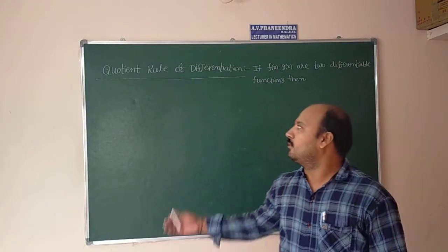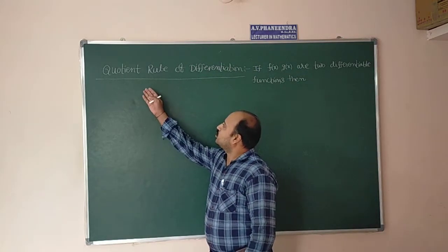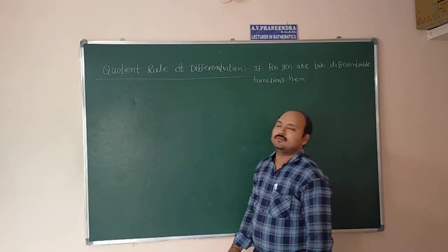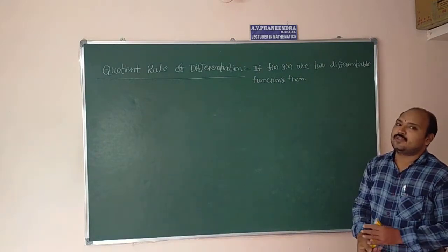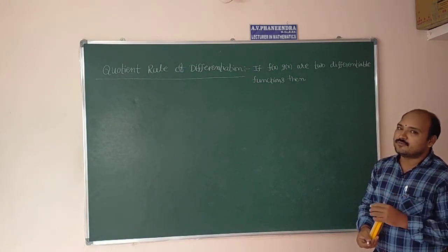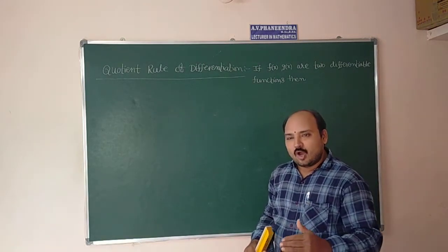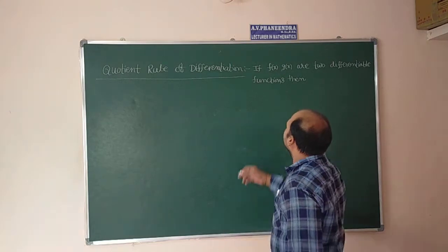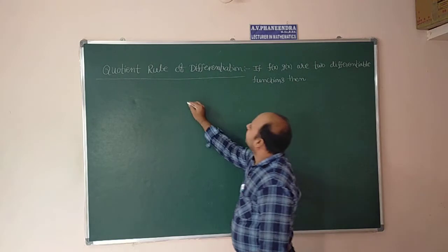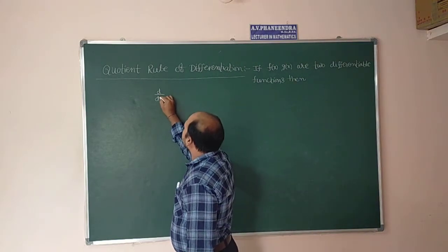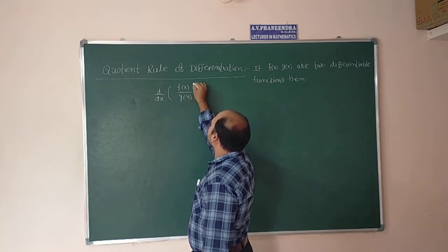The second formula, this is also very important, along with the product rule, is the quotient rule of differentiation. In this quotient rule of differentiation, the function is of the form f of x by g of x. Whenever the function is of the form f of x by g of x, how do we differentiate? If f of x and g of x are two differentiable functions, then d by dx of f of x divided by g of x is equal to,